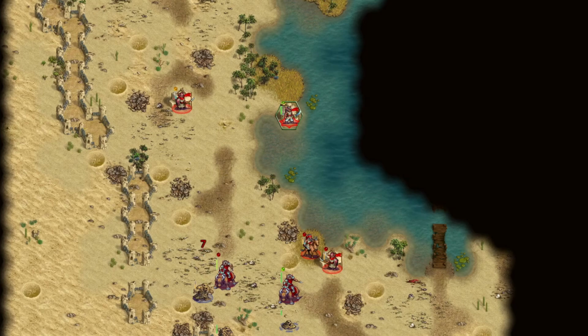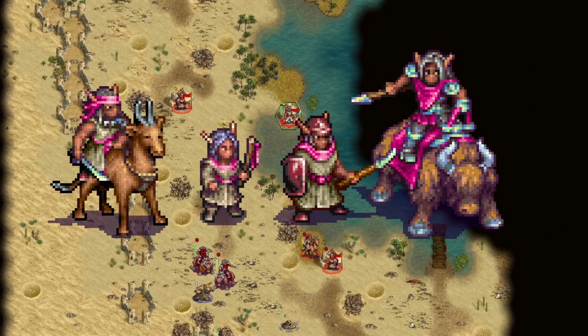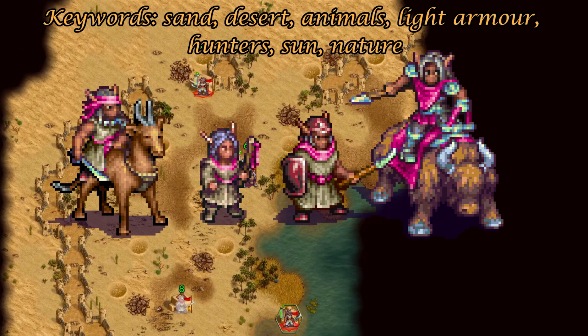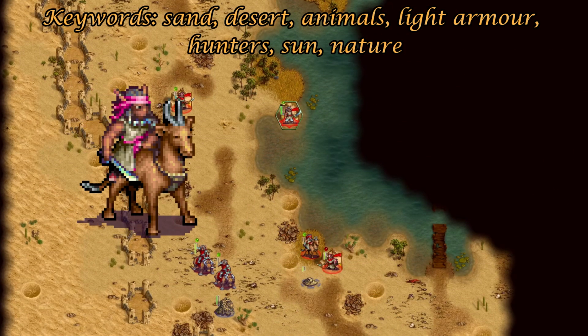The first thing I did was looking at all of the Quenoth units and deciding what is really original about them. But what I got from that was a bunch of keywords and not really a theme. But at the same time, there was one unit that was really standing out amongst them: Quenoth Scout.